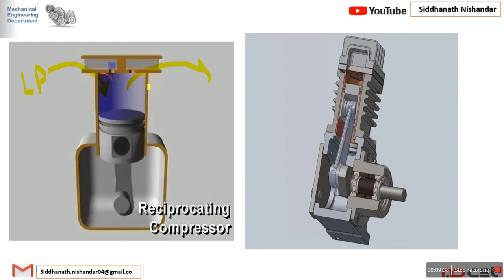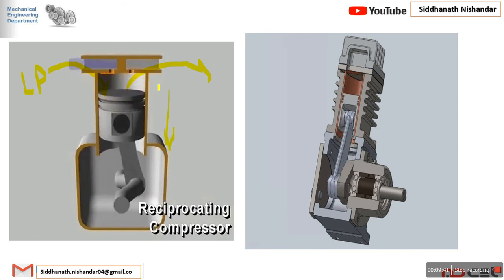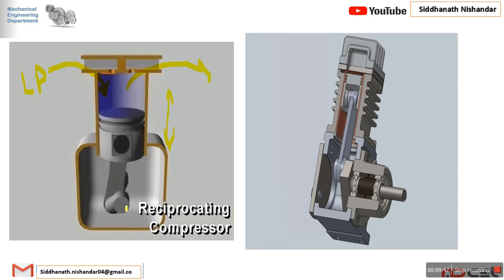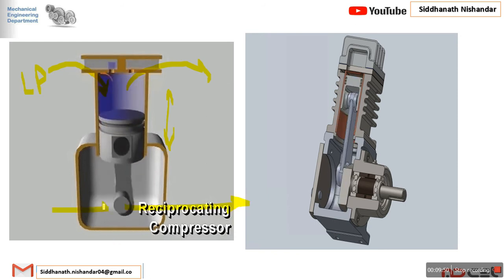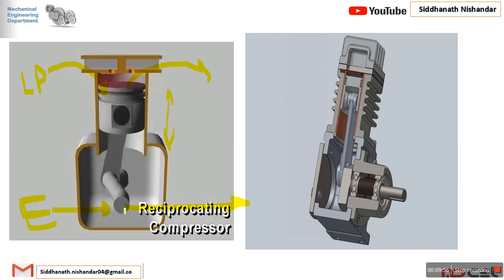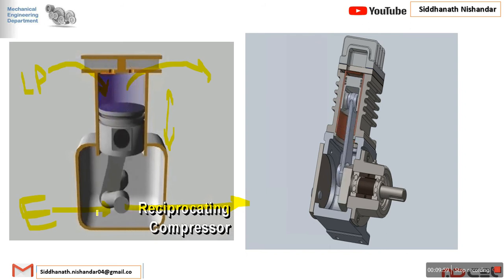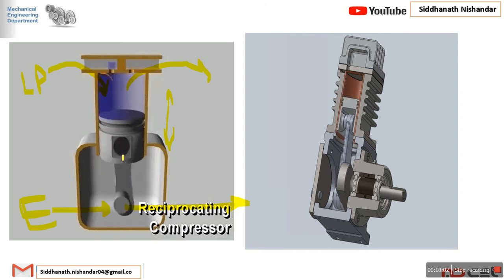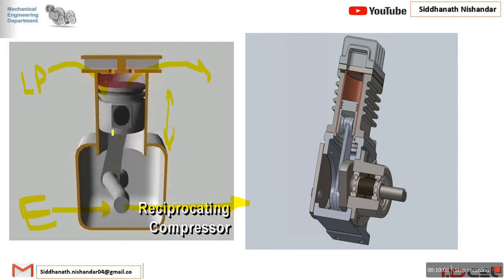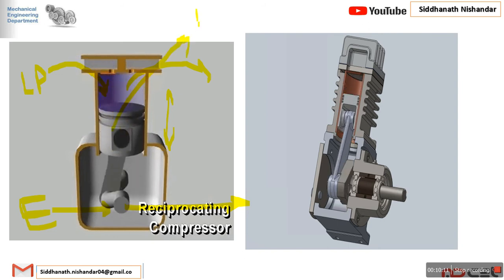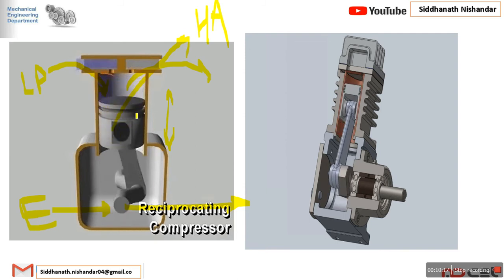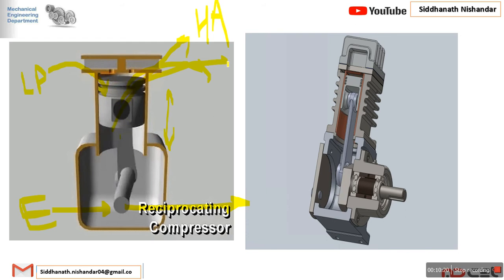Now the working of the reciprocating compressor depends on some external source, because that reciprocating motion is done because the crankshaft is run by electricity. So first we supply energy as electricity to the motor, and that motor rotates the crankshaft. So electric work is entering the system, and that electric energy compresses the fresh air, and energy in the form of hot air is released to the surroundings. So electric energy in, and energy in the form of hot air is released to the surroundings.